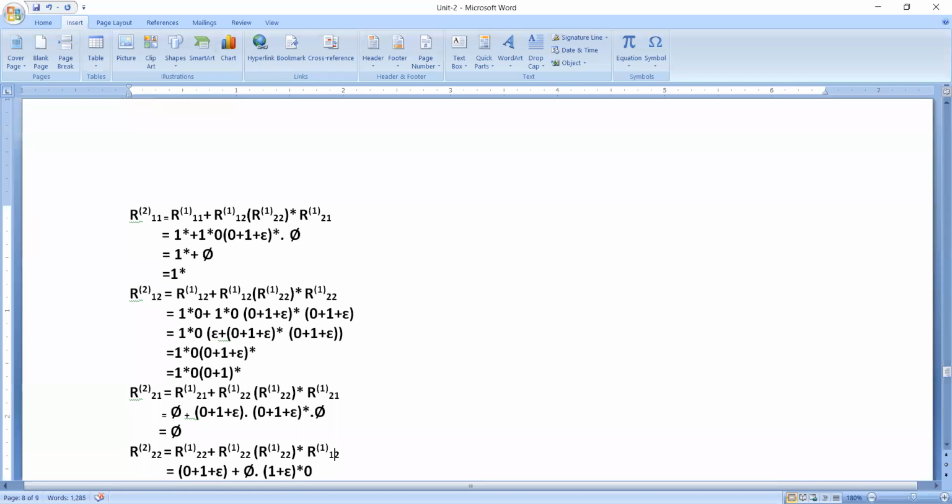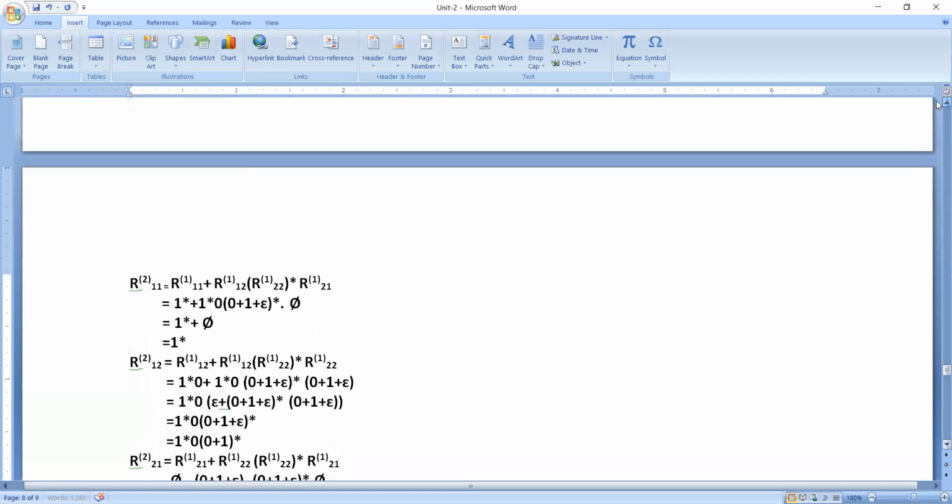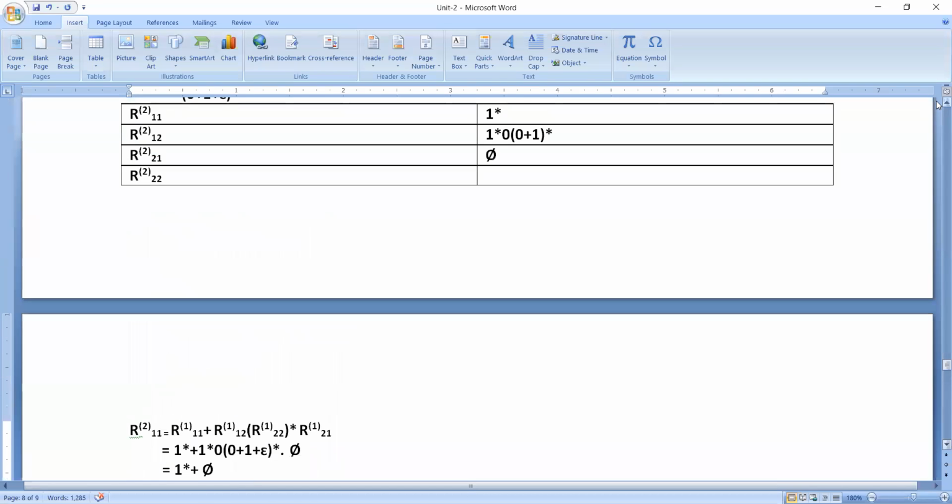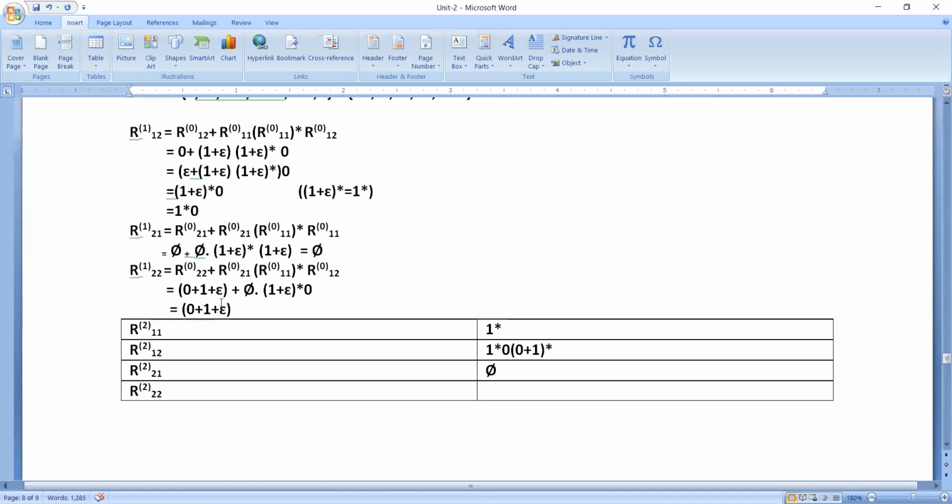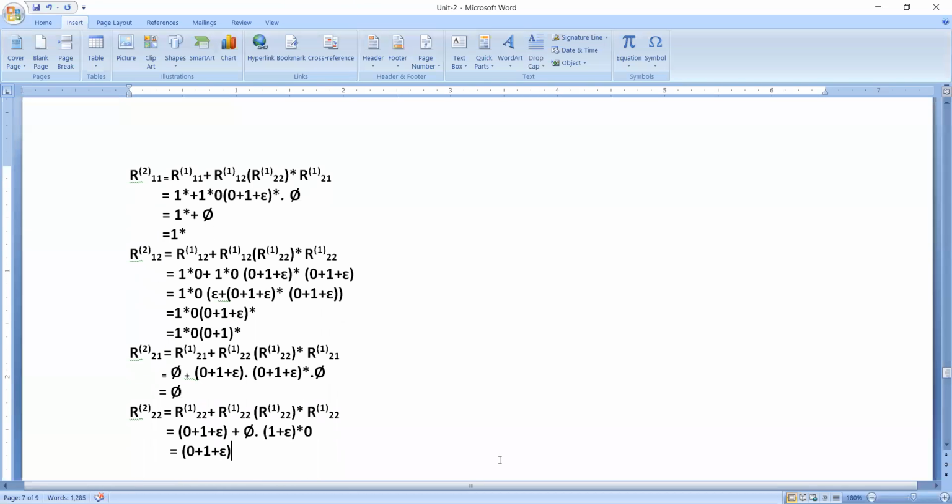Then here we are going to get kj. kj is also 2, 2 only. Now what is this r1 power of 2, 2 value? The r1 power of 2, 2 value, if you have a look at this, it will be 0 plus 1 plus epsilon. So everywhere we'll get this one, 0 plus 1 plus epsilon into, now we are going to copy the same over here, Control C, now remove this completely, and here we will get this one into whole star into this one.